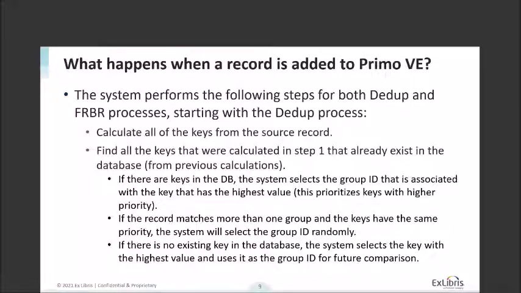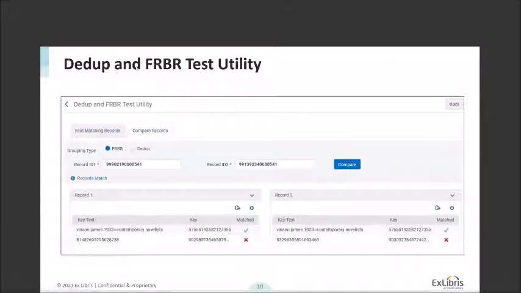If the information matches to Dedup, and then to FRBR, then the record is joined to a Dedup group, but if not to a Dedup, then to a FRBR group. And again, this information is kept for future use as well. So this is the logic here, and these are the steps, and let's continue and see the Dedup and FRBR test